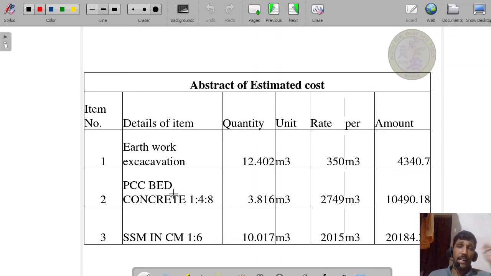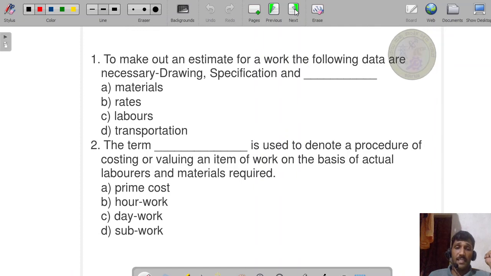Now here I have not added contractor profit, water charge, etc. Why? Because we computed only 3 items of work. That quantity is also to be added after every item's estimation. After doing that, we have to add the contractor profit, water charge. These are all things you have to add. Then only we will get the final probable cost of the building. Remaining items we will discuss in the next sessions.